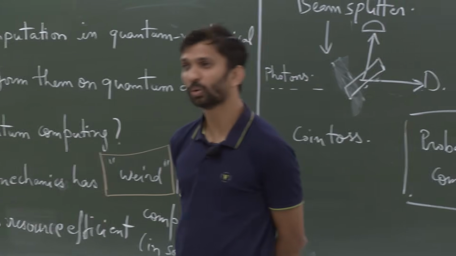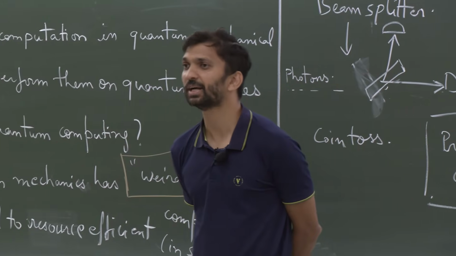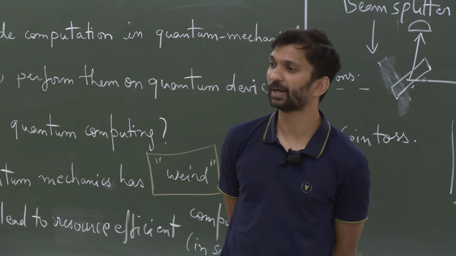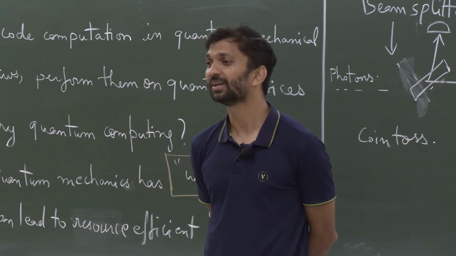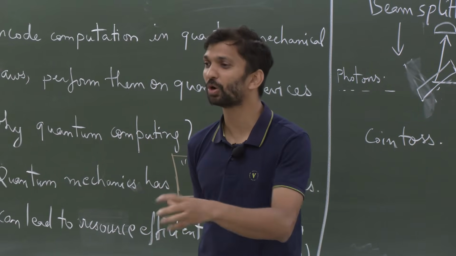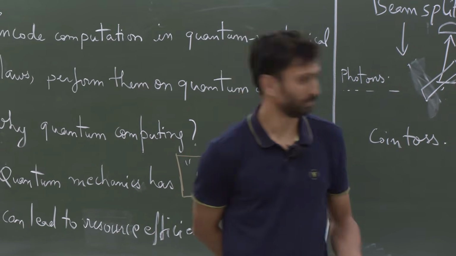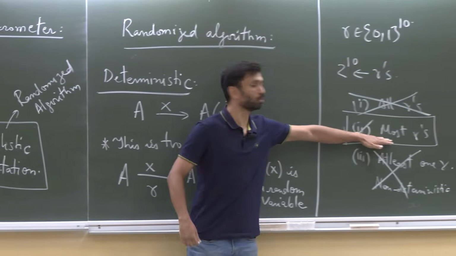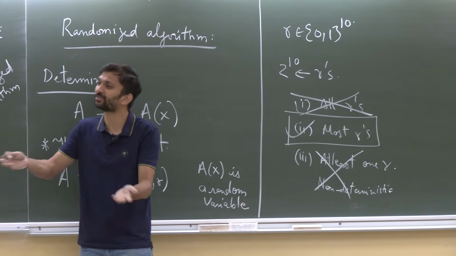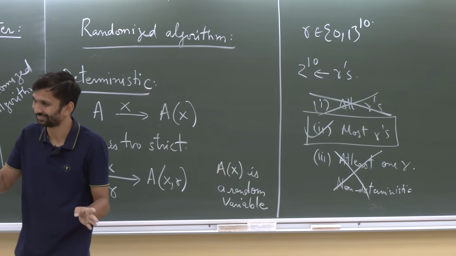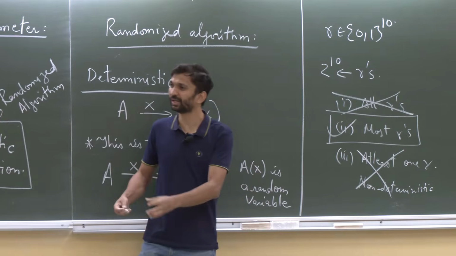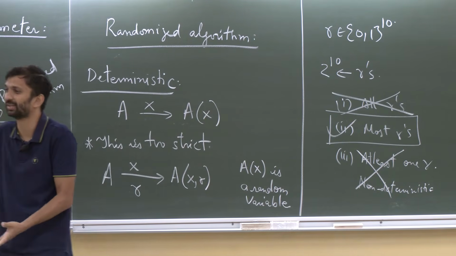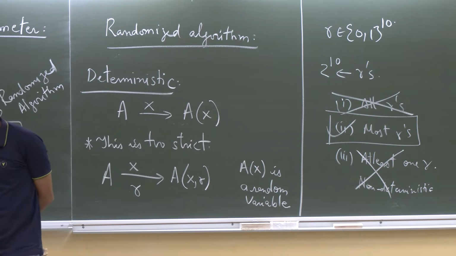Good. So you are going in the correct direction, but that requires much more work. It depends on whether your algorithm is one-sided or two-sided, right? And then it depends on what you mean by few. Because I have not quantified most, I will say a constant fraction is most. If you want to go into details, then I can define most in a certain way, but the point is the probability of giving the correct answer should be significant.